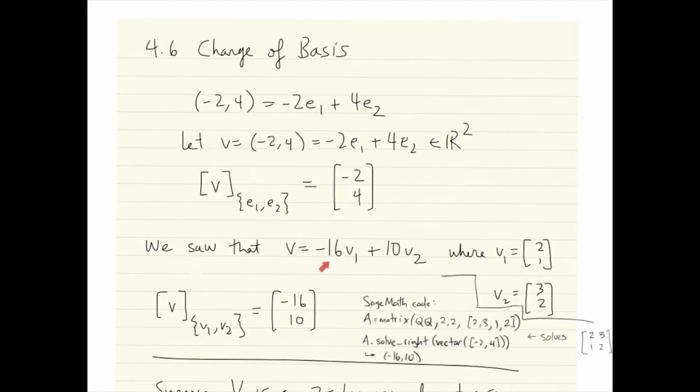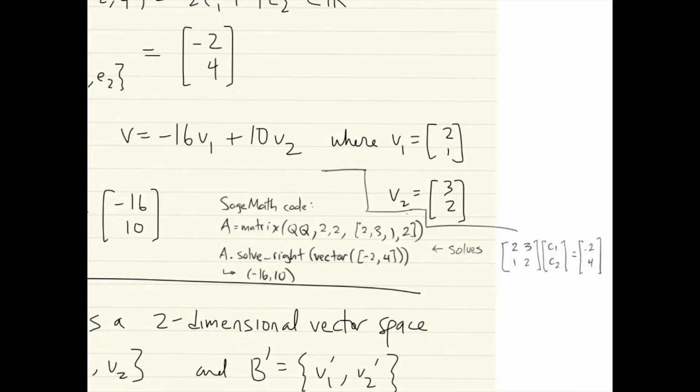To recall how I found these numbers -16 and 10, I need to solve this system of linear equations. That comes from taking the vector v1 written as a column vector and making it the first column of this matrix here, and similarly for the second basis vector, putting that as the second column. Then I want to find numbers c1 and c2, so that when I do this matrix multiplication, I get the vector v, (-2, 4). And then here's the Sage Math code for finding c1 and c2. We use the solve_right command because the unknowns are on the right of this matrix A, and we get -16 and 10